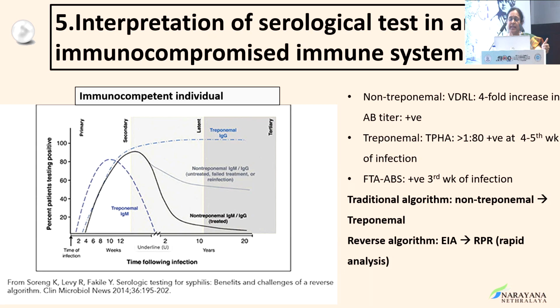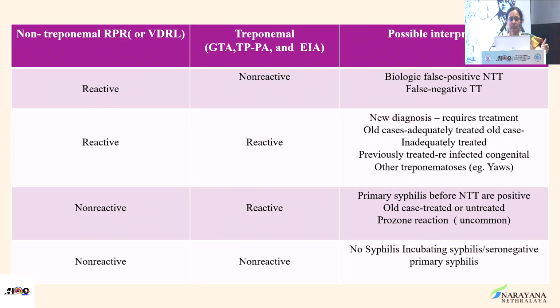Here again, the most challenging case is syphilis. We have different algorithms. We order both treponemal as well as non-treponemal tests. This is a table. If both are negative, then there is no infection. If both are positive, then the patient has the infection. If only the non-treponemal is positive, it could be a false positive, whereas the treponemal can be reactive in a